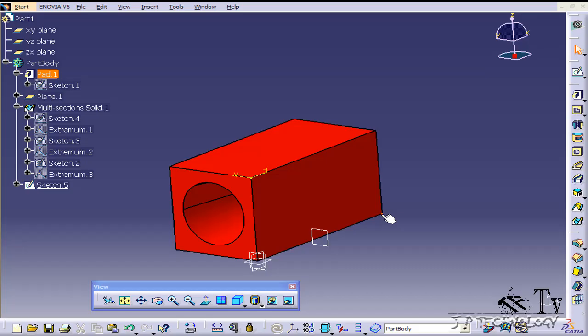This is tutorial number 58, and it covers advanced remove multi-section solids within CATIA V5. To start off, open tutorial part number 58, which is located on the DVD. Now again, we're going to be using the removed multi-section solid, which is the tool that we've been using in